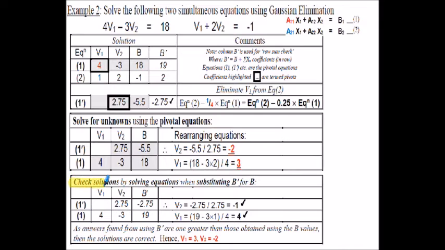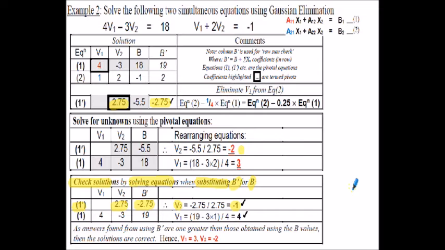We can now check our solutions by solving the equations, but this time substituting the B dash values above for the B column. So for equation 1 dash, we have 2.75 again for the V2, but this time instead of having the -5.5, we'll have the -2.75 for the B dash value. Solving for V2, we get a value this time of -1, which is 1 greater than that shown above, so